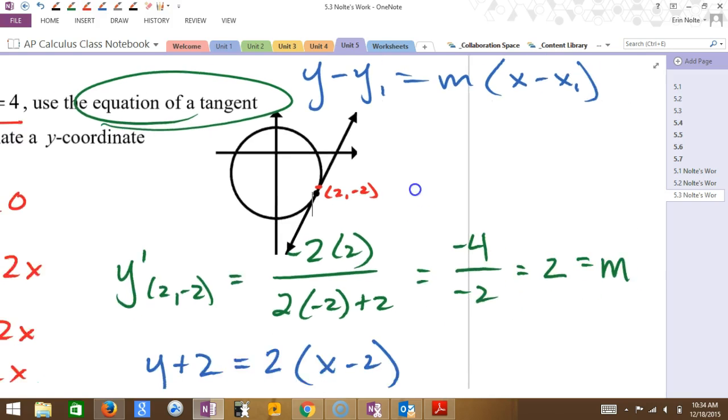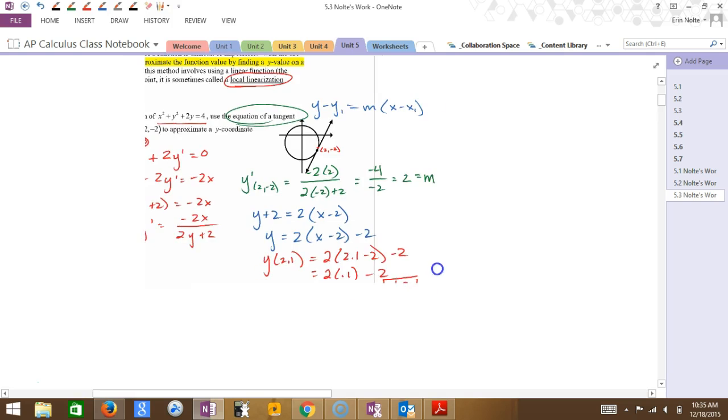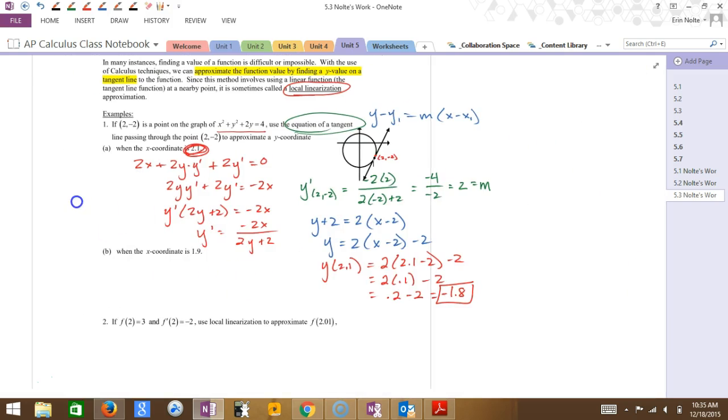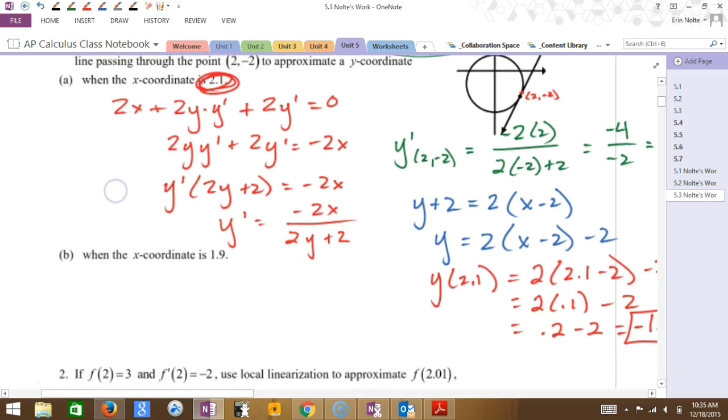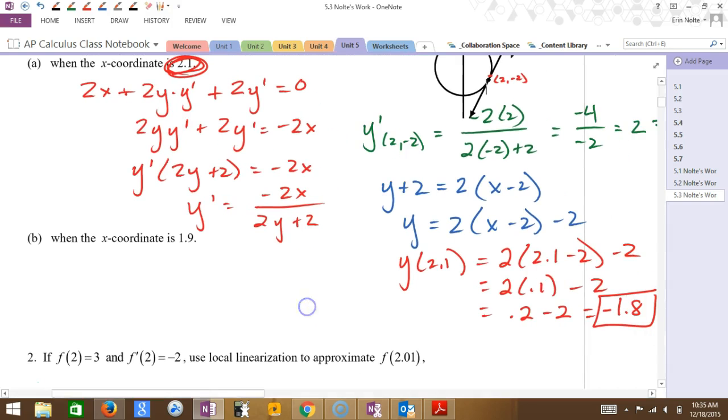Does that kind of make sense? Okay, so they ask us one more question on this for B. What am I going to do for B if they're asking us when the x-coordinate is 1.9? Into the linear one, right? So I would just do y is equal to 2 times the quantity 1.9 minus 2, and then a minus 2 again. So on the inside I have 1.9 minus 2, what would that be? Negative 0.1. And then times 2 would be negative 0.2, minus 2,